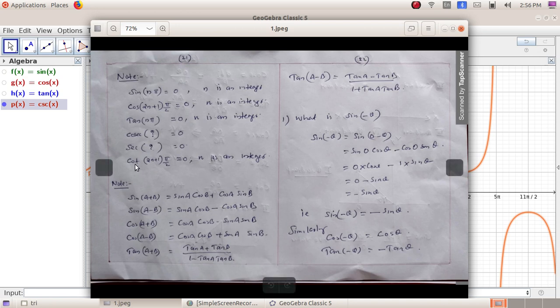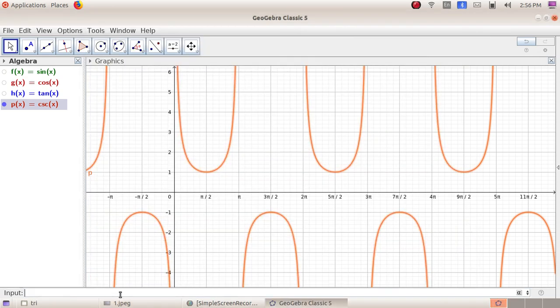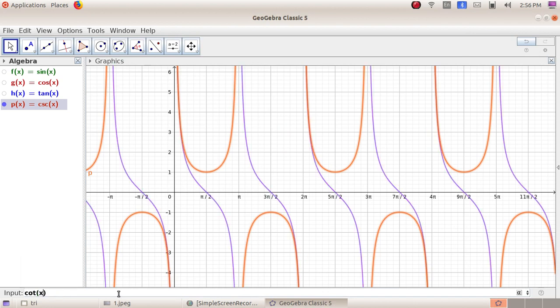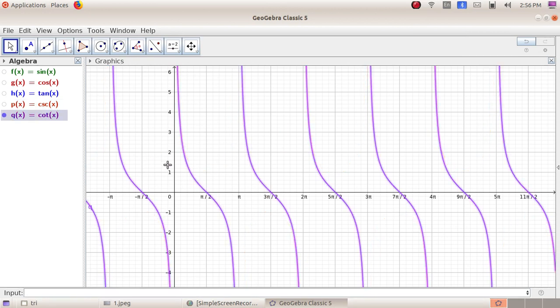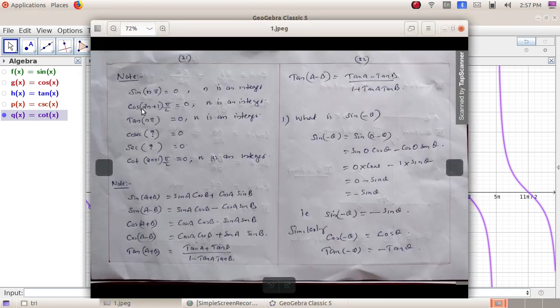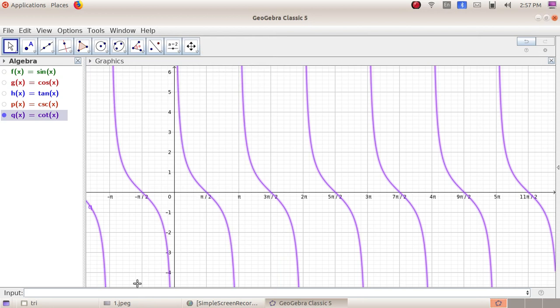And in the same way, let us find the graph of cot theta, cot x. It is a graph of cot x. Clear? Here, cot pi by 2 equal to 0, cot 3 pi by 2 equal to 0, cot 5 pi by 2 equal to 0, cot 7 pi by 2 equal to 0, and so on. This means, like this, cot (2n plus 1) pi by 2 equal to 0. What happens when n is equal to 0? 2 into 0, 0. There is only 1 here. Then cot pi by 2. What is cot pi by 2? Cot pi by 2 equal to 0. Right.